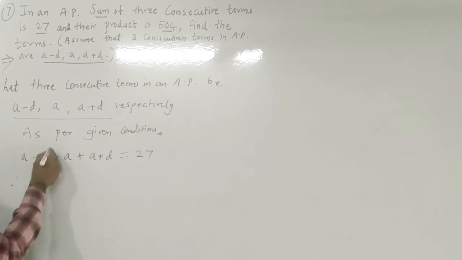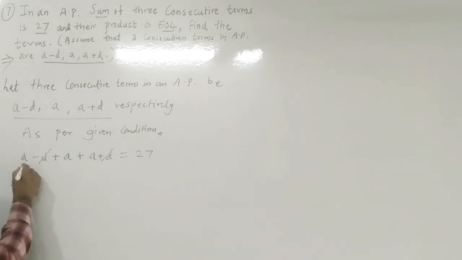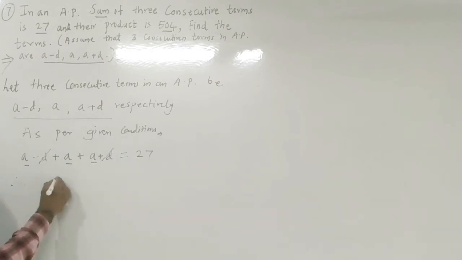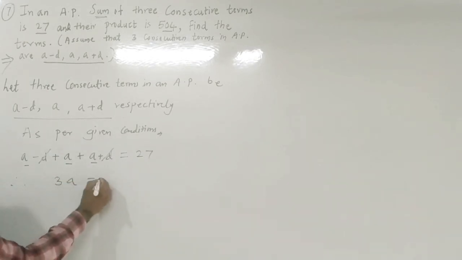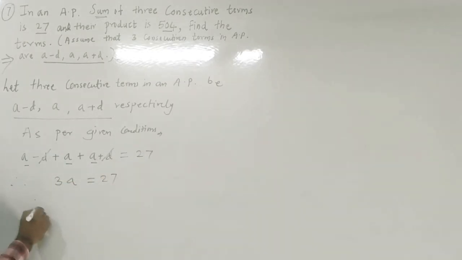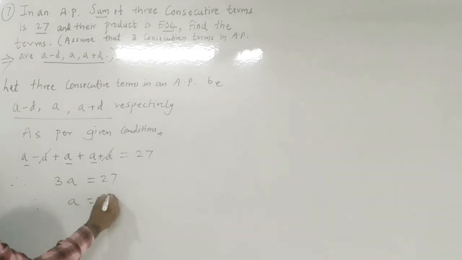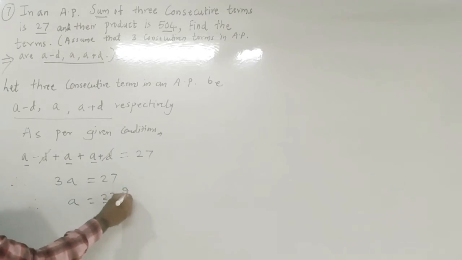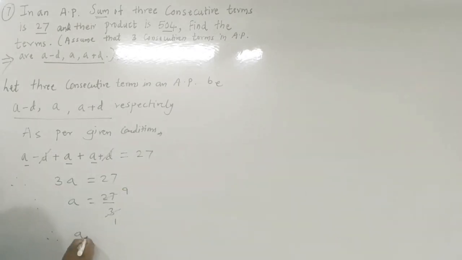Therefore, simplify this: minus d plus d will get cancelled. a plus a plus a is 3a is equal to 27. Therefore, a is equal to 27 upon 3. 3 ones are 3, 3 nines are 27. So, therefore, a is equal to 9. a is 9. Now, the next part, second part is